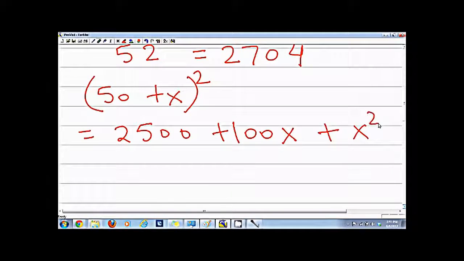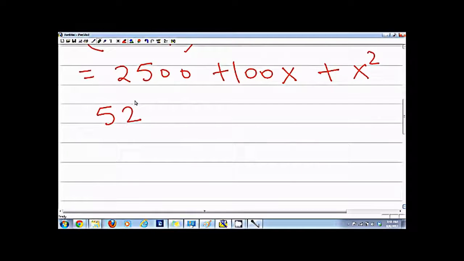So you can see that if I am taking a square of 52, then x in this case